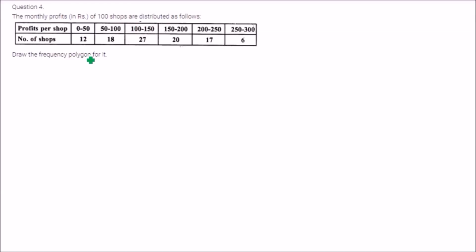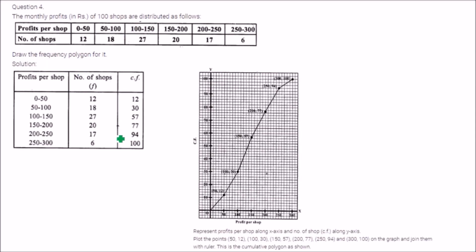Profit of 100 shops is shown like this. We have to draw the frequency polygon. As I just told you, that we just made this as